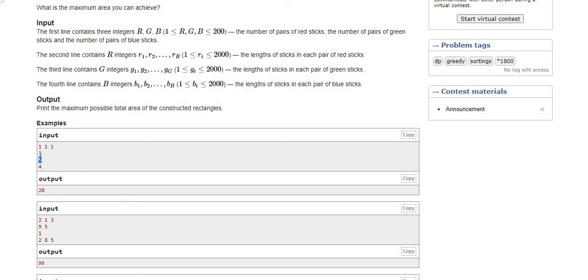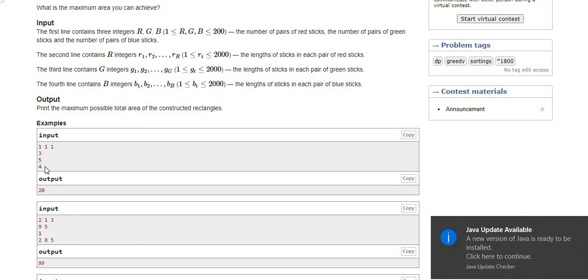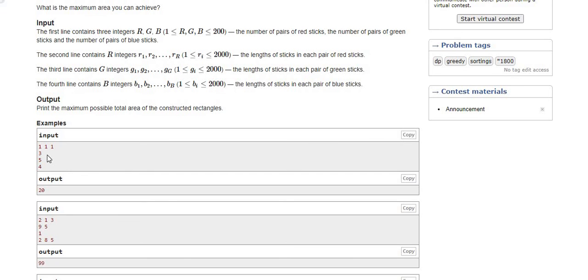In the green array it has a value 5, and for the blue it is 4. Here we can pick 3 and 5, which gives a rectangular area of 15, or we can pick 3 and 4, which gives an area of 12, or we can pick 5 and 4, which gives an area of 20.